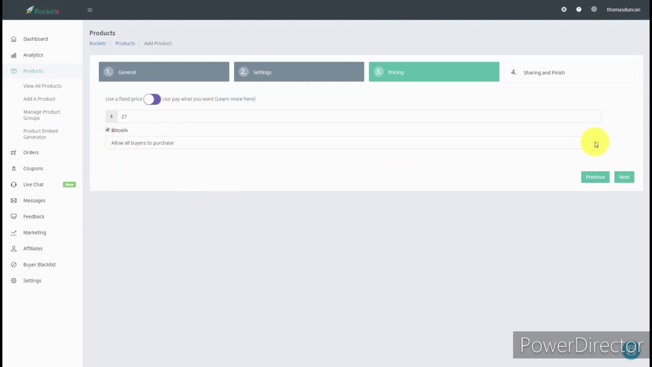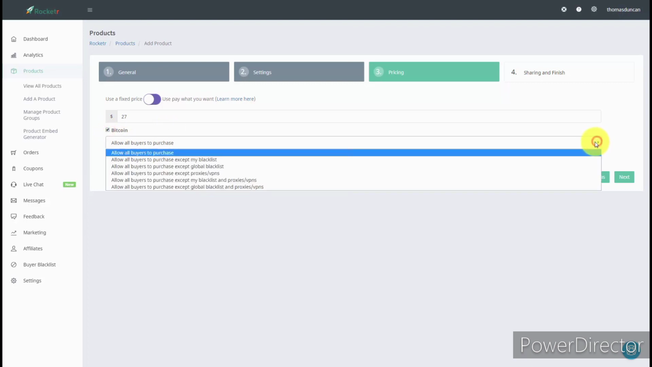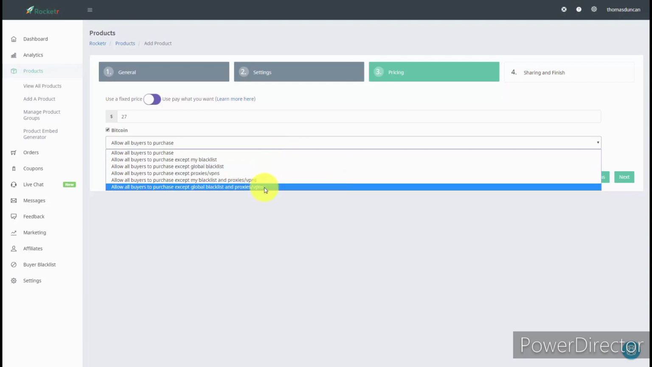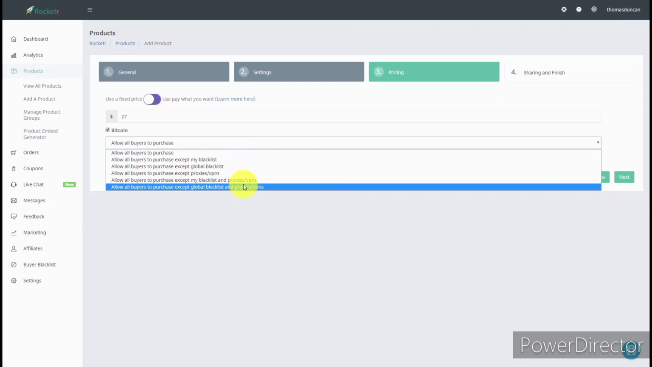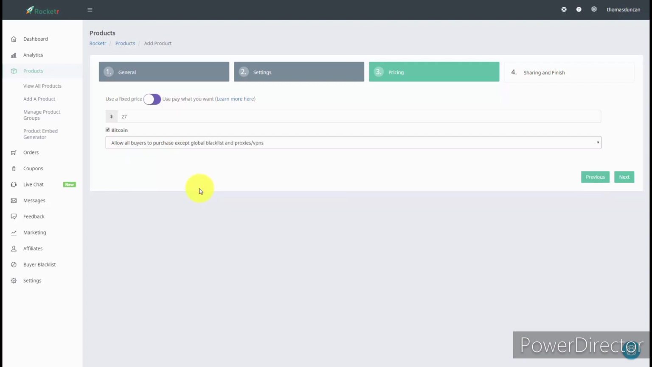And then we can use a couple of features here, and Rocketer will allow us to have everyone be able to purchase, with the exception of certain limitations. So we can limit people by our global blacklist, and anyone buying from a proxy, which typically indicates some kind of lack of trust, or we can allow all buyers to purchase. The most conservative way to allow people to purchase would be to not accept purchases from people on a global blacklist and proxies. So in this particular case, we're going to use the most conservative method, and then we're going